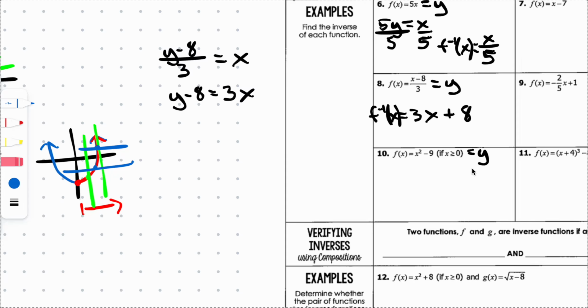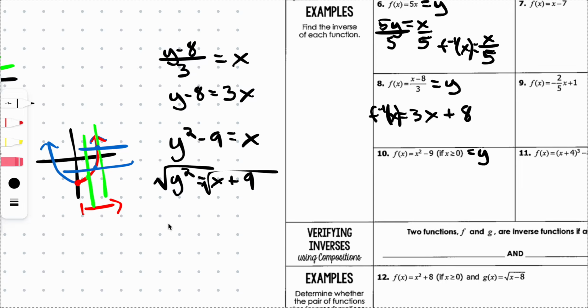Okay, so we have y equals x squared minus 9. At this point, we need to switch x and y. So we're going to get y squared minus 9 equals x. So we need to isolate y. What we're going to do is move that 9 over, so we get x plus 9. And now we want to take the square root of both sides. So we get y equals